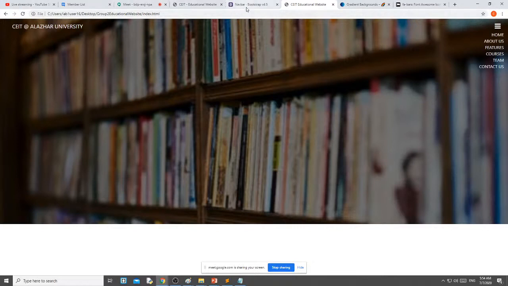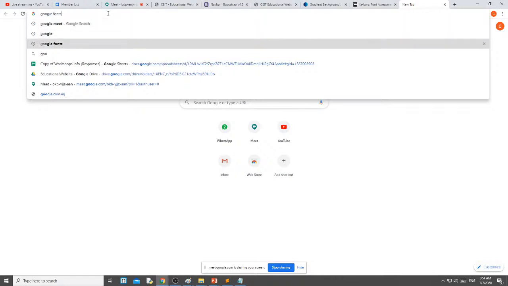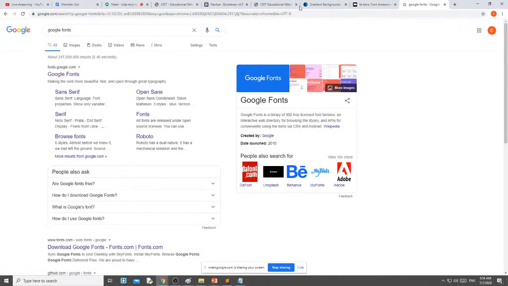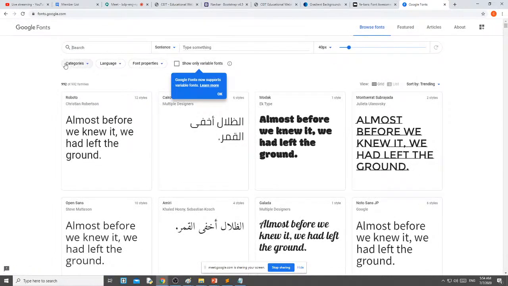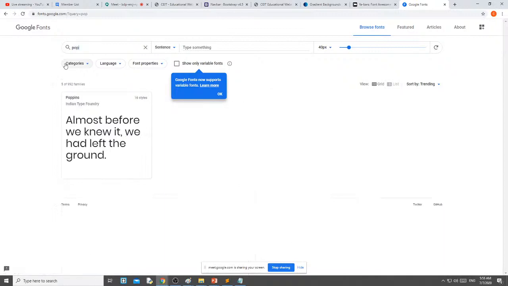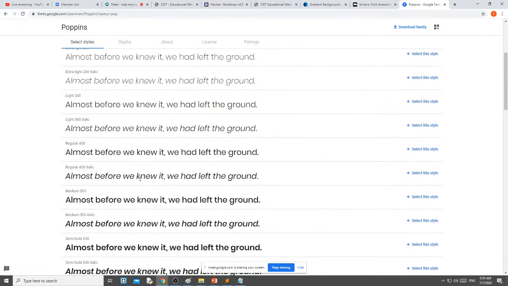Then I want to change this font. This is the default font. I want to use some other font. To use a different font, I am using Google Fonts. Go to Google Fonts here. Here you can search what type of font you want. Suppose here I am using Poppins. Click this one. In the Poppins fonts, which font do you want?